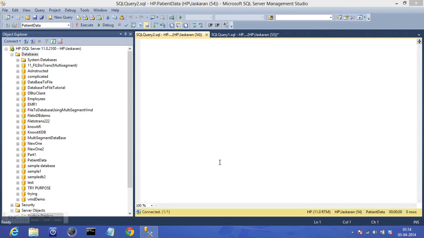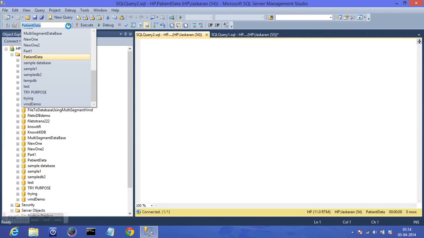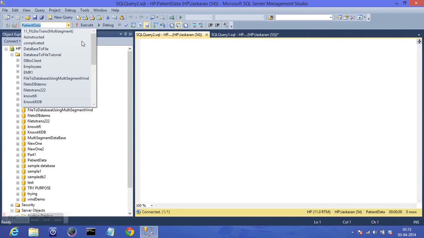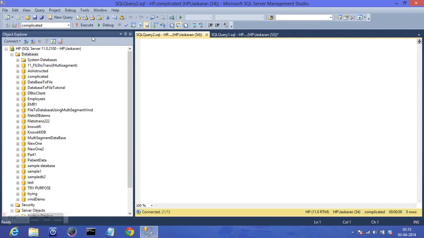As I mentioned in the last tutorial, this drop down here, we use it to select the particular database in which we want all our queries to be executed. So in case I want to create a table, that table must be created in a particular database, as there might be thousands and hundreds of databases in SQL Server Management Studio. So let's say I use complicated, and if I create a table now, it will be created in the complicated